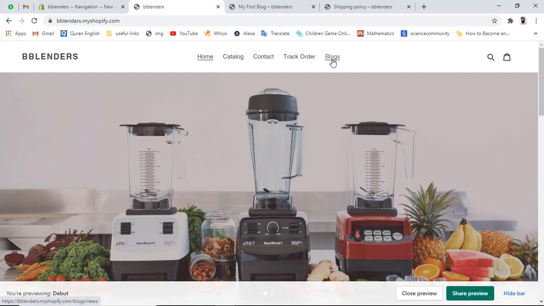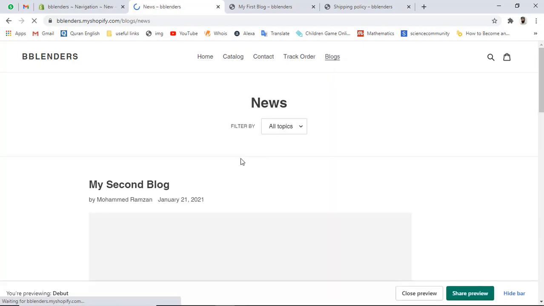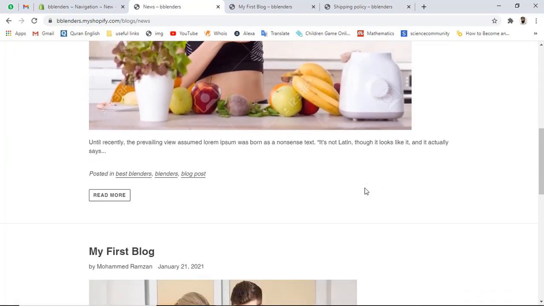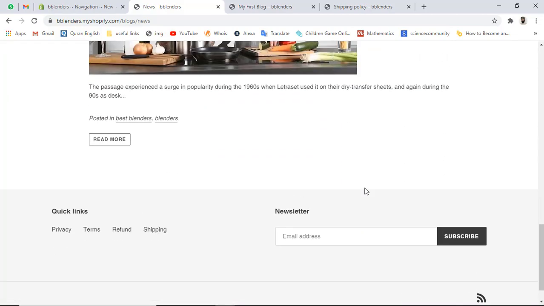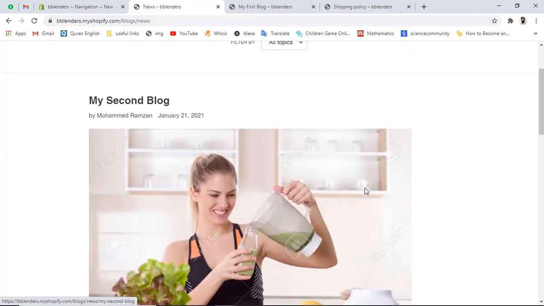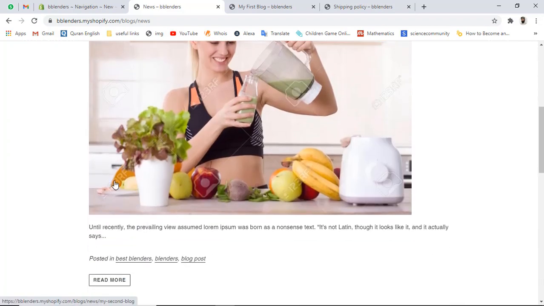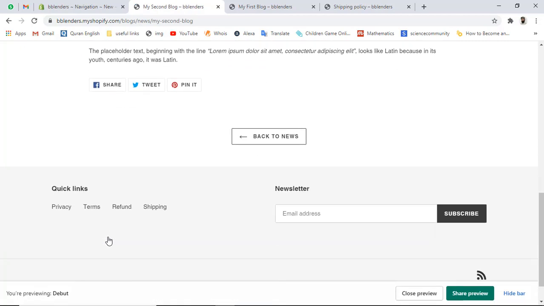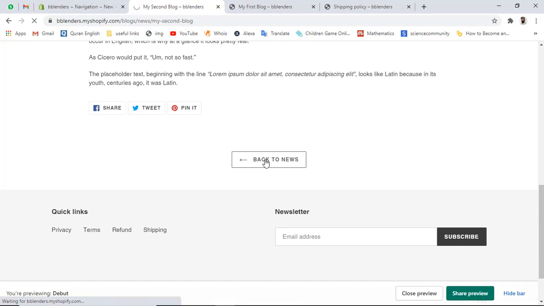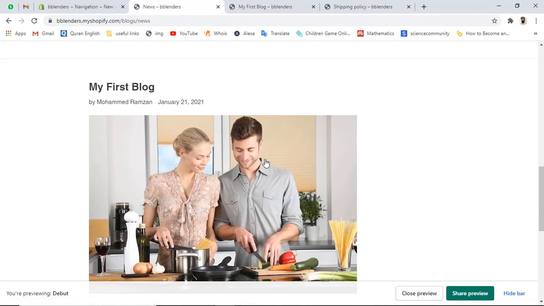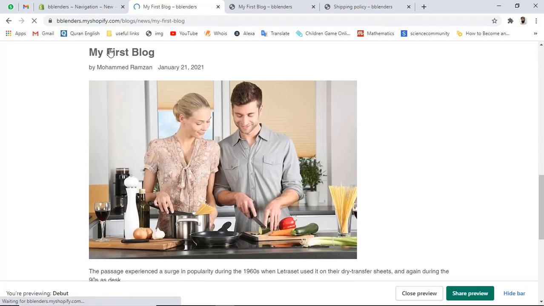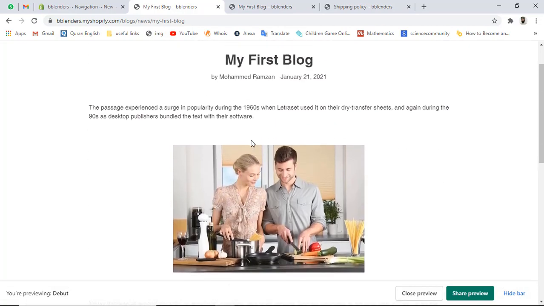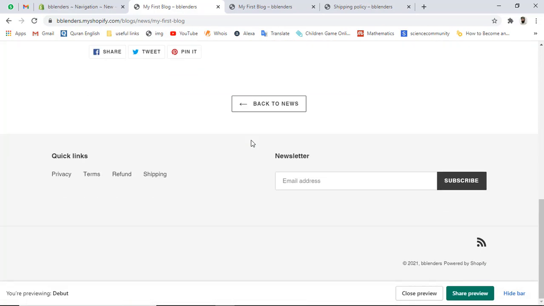You can see that the blog post is showing on the right side, and here you can see that this is the listing page of the blogs. We have all the stuff here, my first post, my second post. If you click on read more for any of them, you will be redirected to the detail page of this blog. And if you click on back to news, again you will be redirected to the listing page. Let's click on this my first blog, then again you will be redirected to the detailed page. So here you have all the stuff which we did for the blog post. All right, so this is looking great.